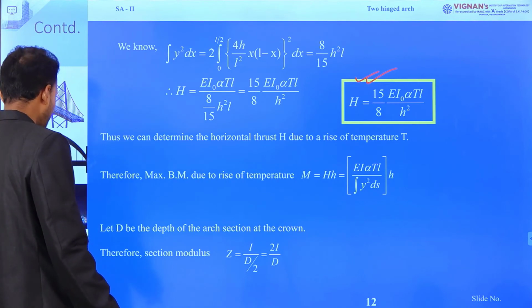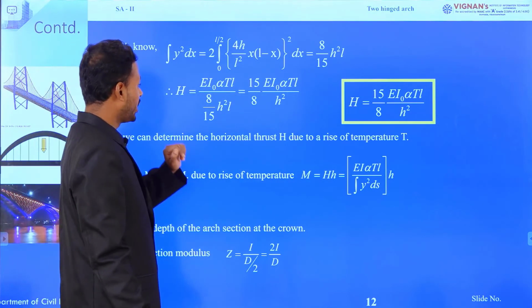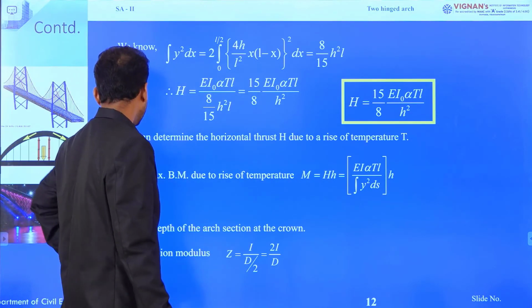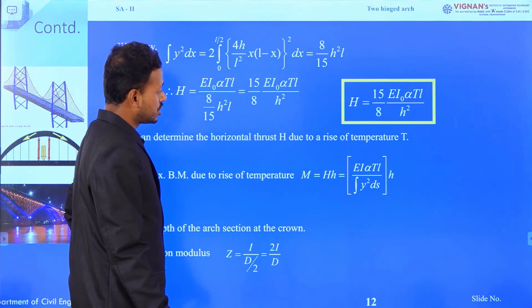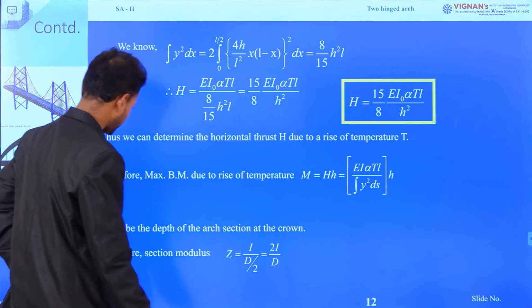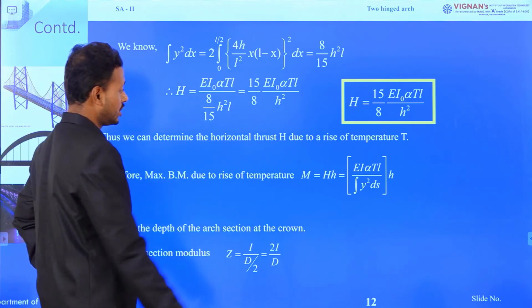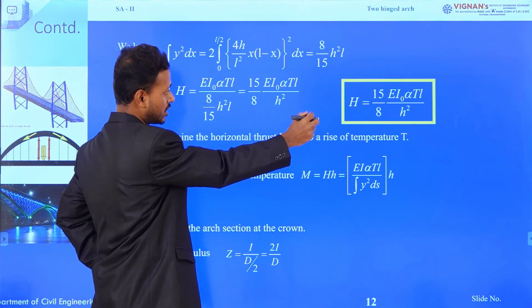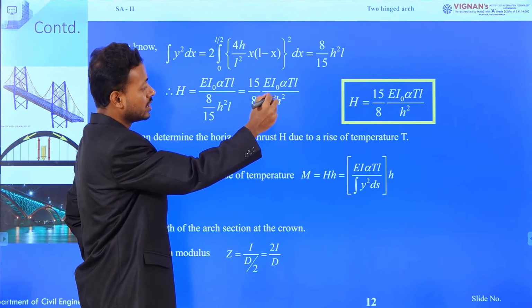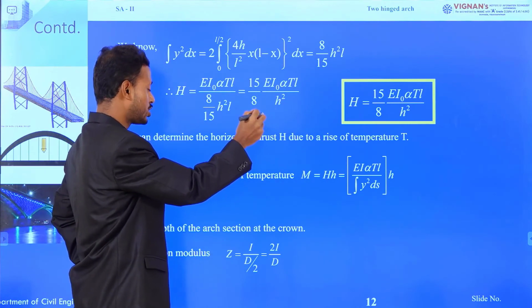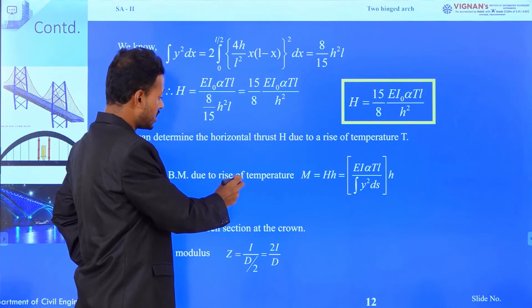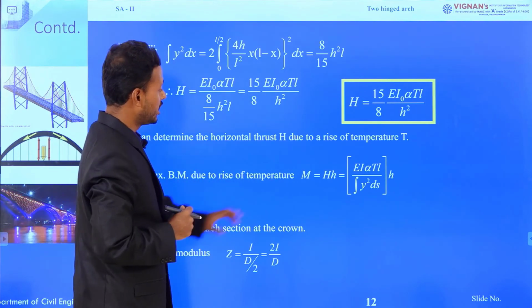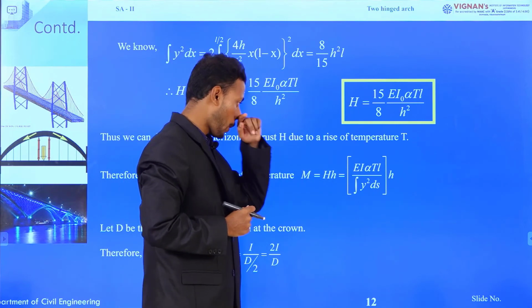Now, we will determine the bending moment. Thus, we can determine the horizontal thrust H due to temperature rise. Therefore, now this is the final expression of horizontal thrust due to temperature rise for a parabolic two hinge arch. Now, therefore, maximum bending moment due to temperature rise will be M equals to H into h, because